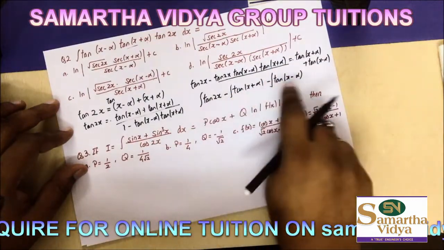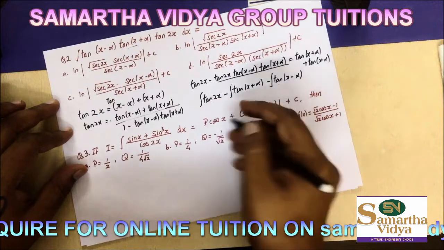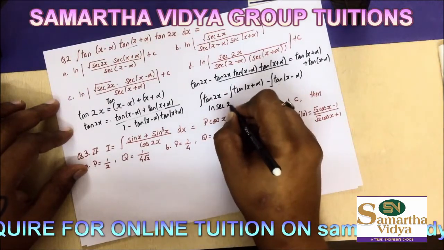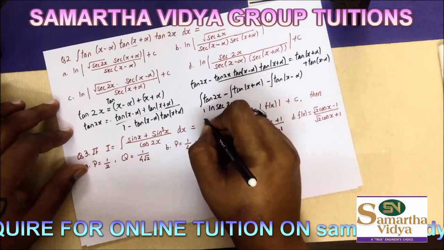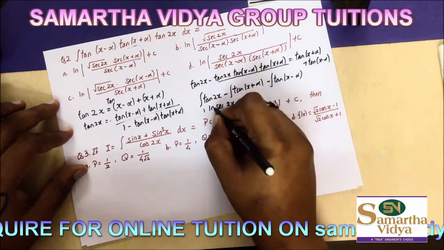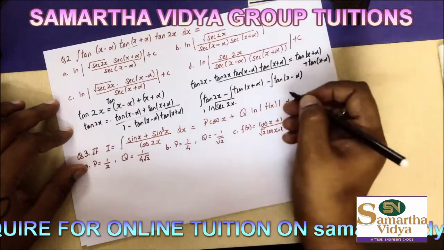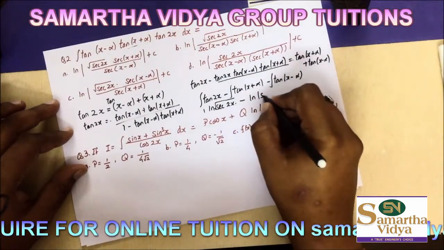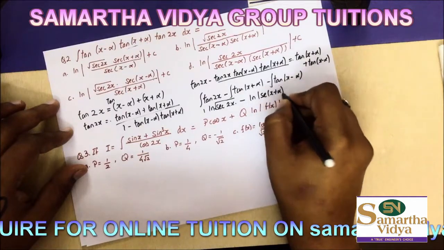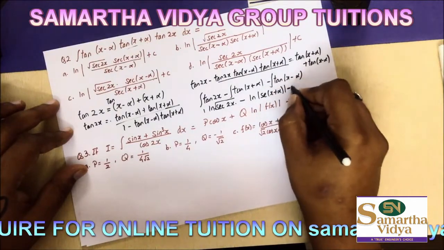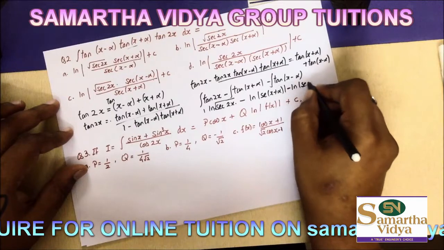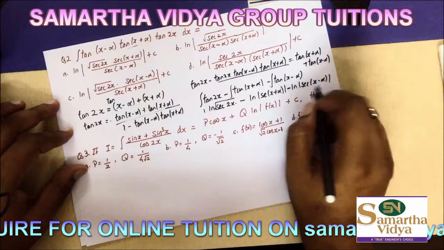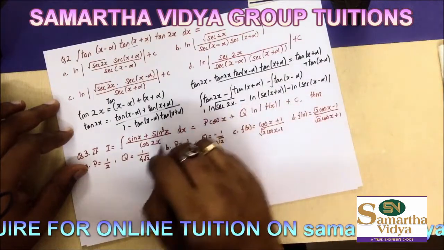So we now know that the integration of tan 2x is nothing but ln sec 2x, and we'll have the half also outside. So if I'm having a half, that means it's nothing but root of sec 2x. The integration of tan x plus alpha is going to be ln sec x plus alpha, and in a similar manner it's going to be ln sec x minus alpha. So applying the property of ln, we can see that the answer is nothing but B.